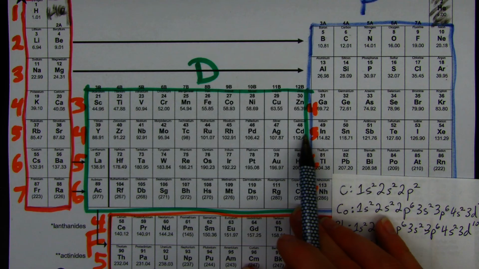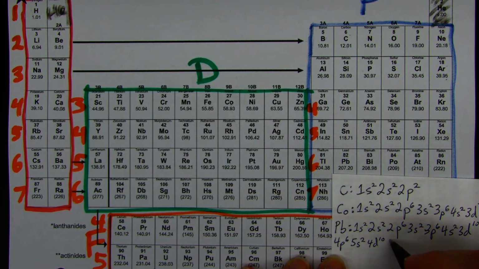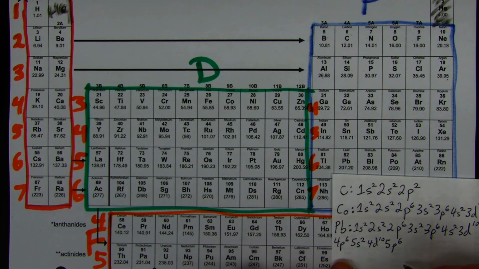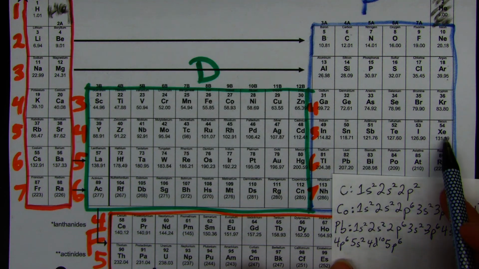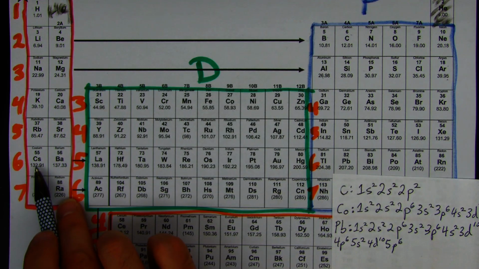And now I'm jumping to 49 with it, which is indium, and that's going to be back to 5. So that's 5P. I'm in the P block again. So 5P. I'm going through all 6 elements to get to xenon. So that's 6 electrons in the 5P sublevel. Now I'm at xenon, and I keep going. So because I want to get to 82, I'm not there yet. So 54, jumping down to 55, cesium,